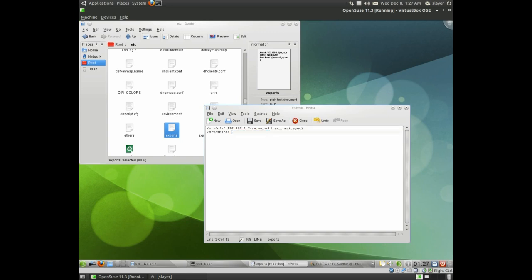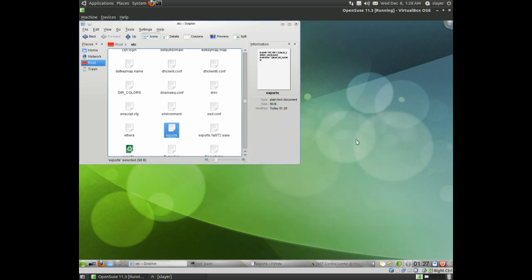So I'll just delete that and type in the IP address of my client, and I will choose the options as rw, no_subtree_check, and we'll type in sync. Once we've done that, we'll go ahead and save it